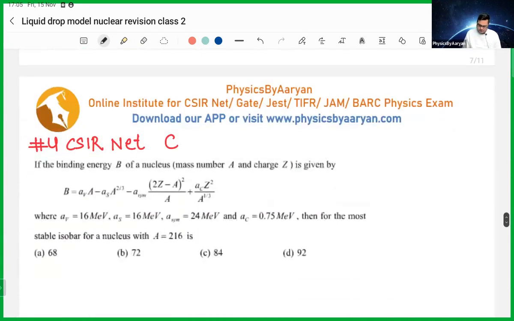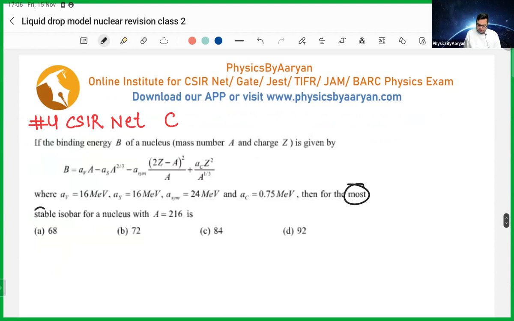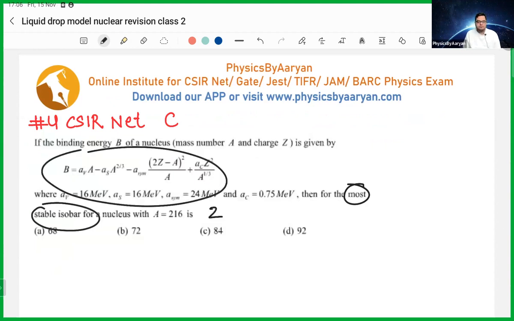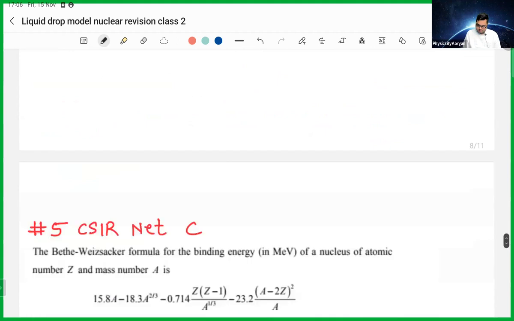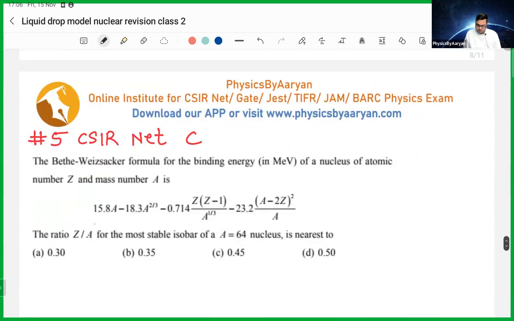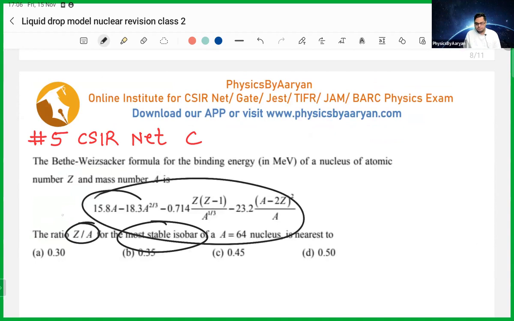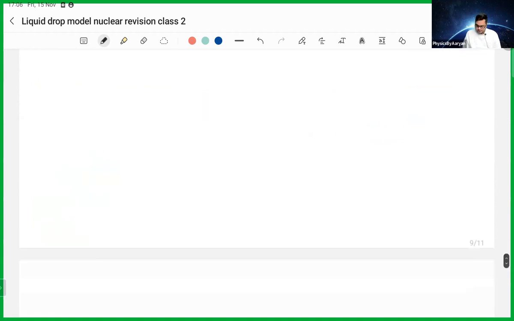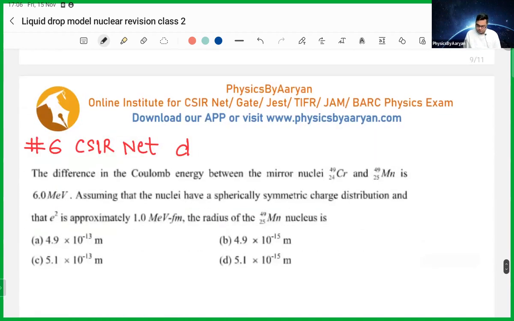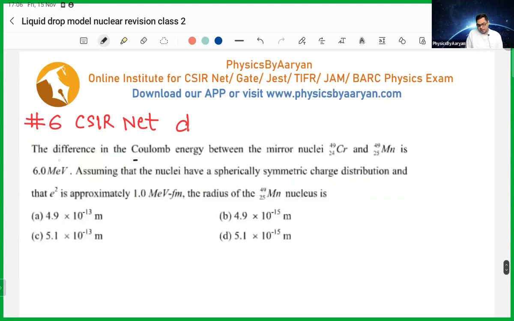You can see all of them are very similar. So you see then the most stable isobar is, again they are asking the value of Z and binding energy formula is given. Okay, let's see the next problem. Again you see Z by A for the most stable isobar. Again the formula is given. Okay, and then this question, the difference, we can see the difference in the Coulomb's energy